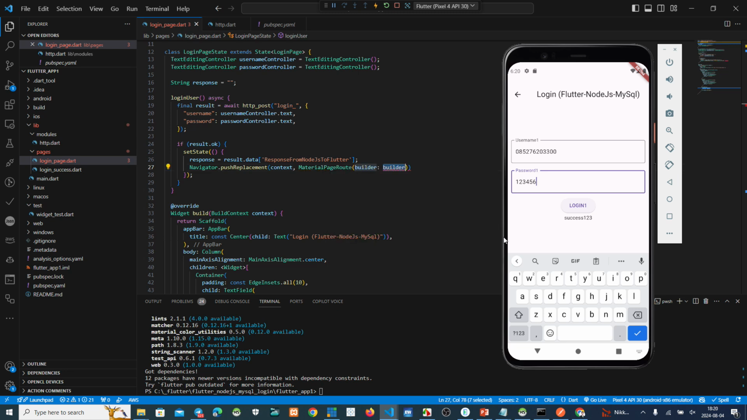This one, material page root, builder, one, oh, context. Okay, builder context, cons. Okay, now